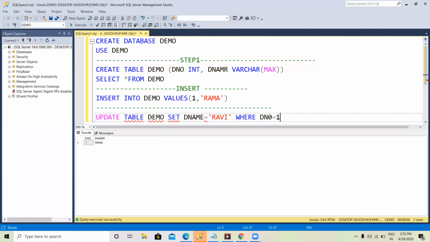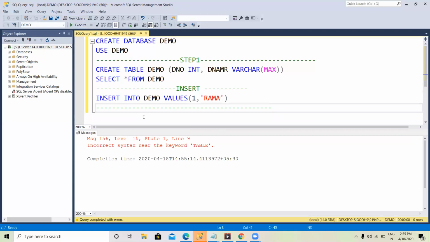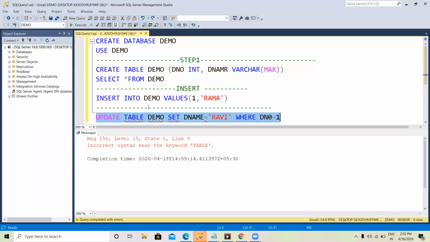Update table name, set column name, where condition. I think this is showing an error. Let us see. Update table only. Control Z. What's the problem?